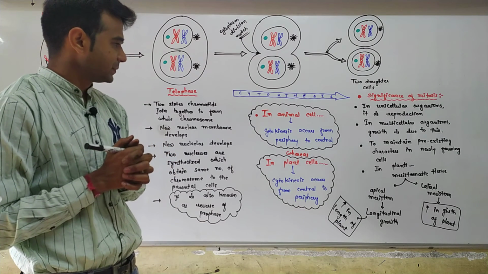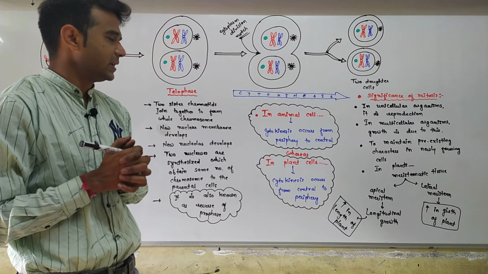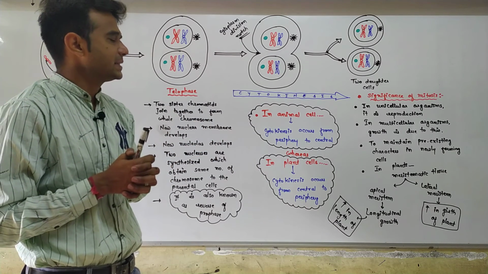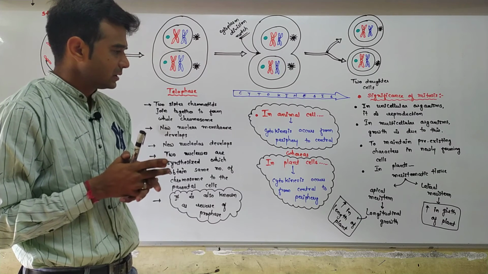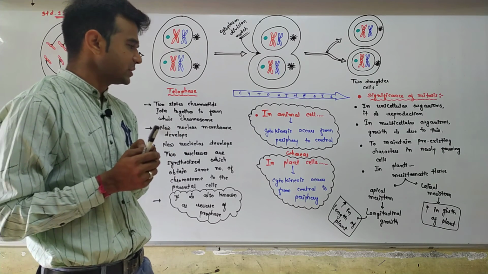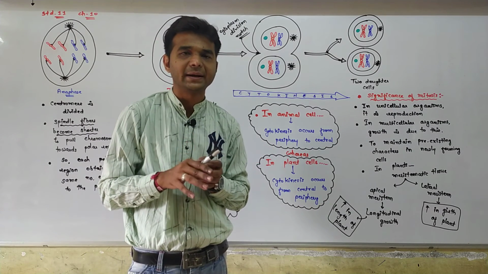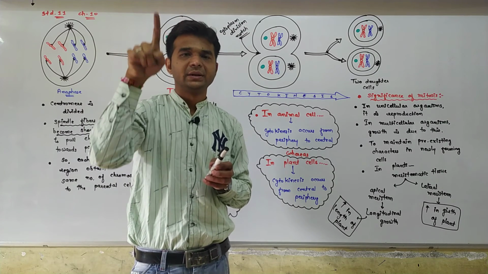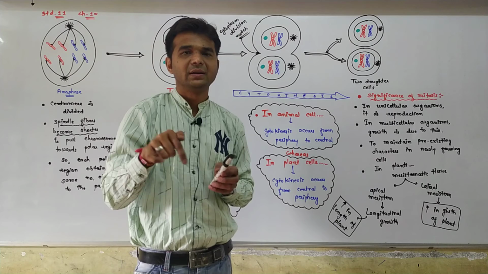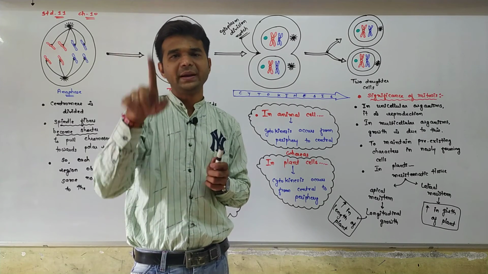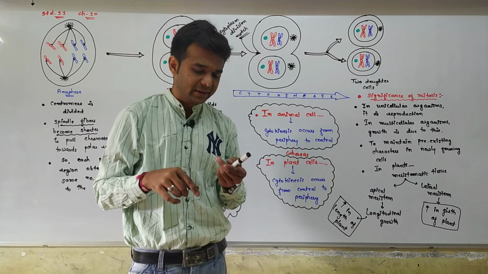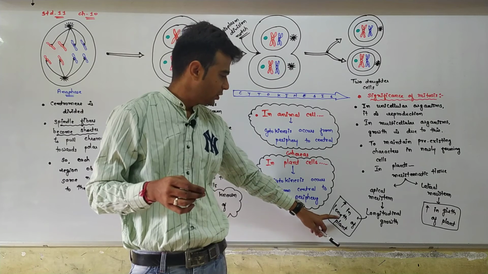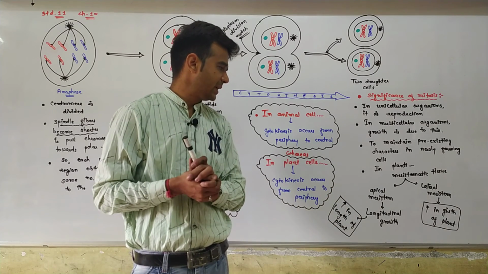Whereas in plants, in meristematic tissue, it is commonly seen that mitosis division occurs, the apical meristem. So, apical meristem is responsible for longitudinal growth of the plant. Longitudinal growth means increase in the stem length and root depth, the main axis, as well as development of the root and stem. So, for longitudinal growth, apical meristem is present.